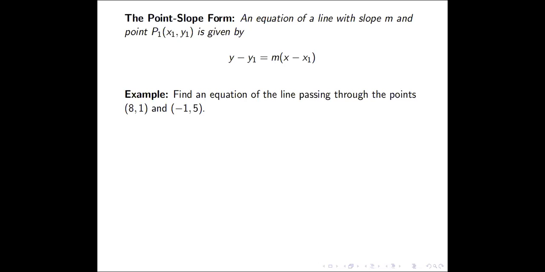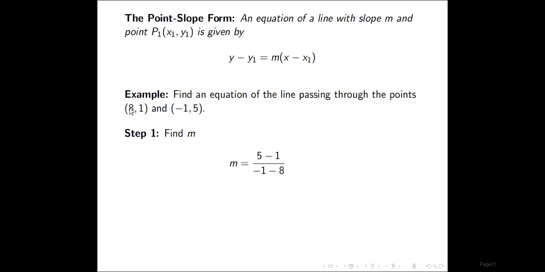With regards to a point, there's no problem because we are given more than 1 point. In fact, we have 2 points, so we can choose either to write down this equation. So we just need to find the slope. And to find the slope, we need 2 points, which we are given here, so it's really not hard to solve this problem. So step 1, let's find m, the slope of the line. It's again the change in y over the change in x.